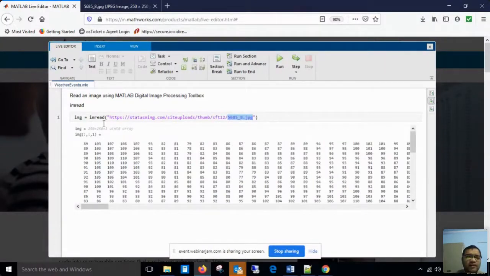Now the question is, if I have read the image, how can I ensure that my image has been read correctly? I'm not sure whether these components are really representing my image or not. So how do I ensure that? I will write one more command, that is imshow img, and I will execute it again.